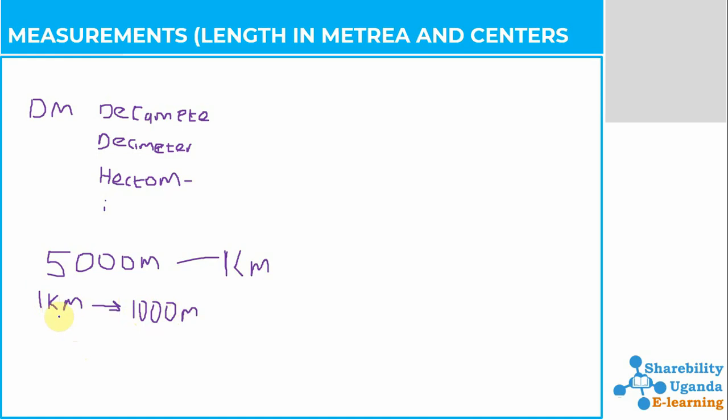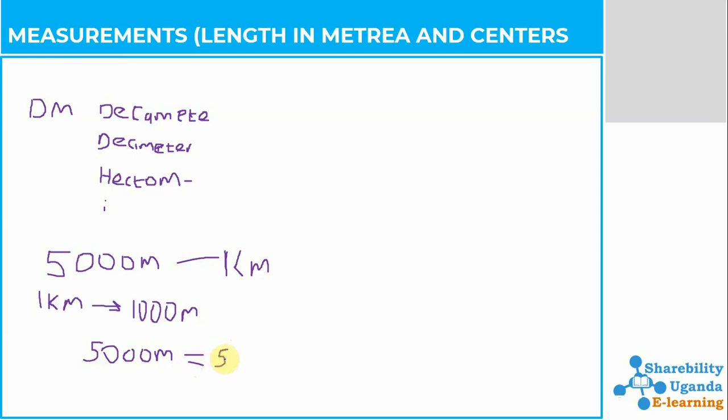So this means if 1 kilometer is equal to 1,000 meters, then we want to change this 5,000 meters to a kilometer. That means we shall be able to say the 5,000 meters shall be equal to